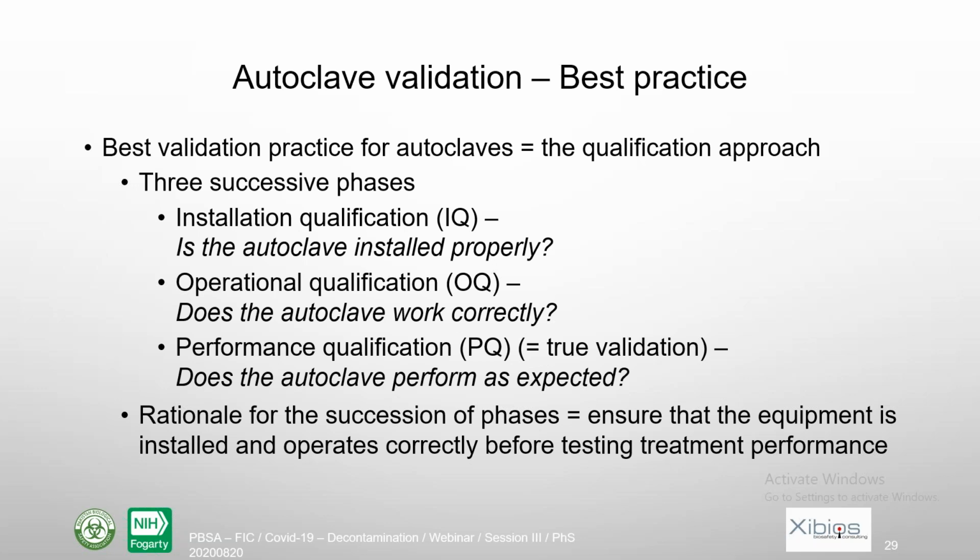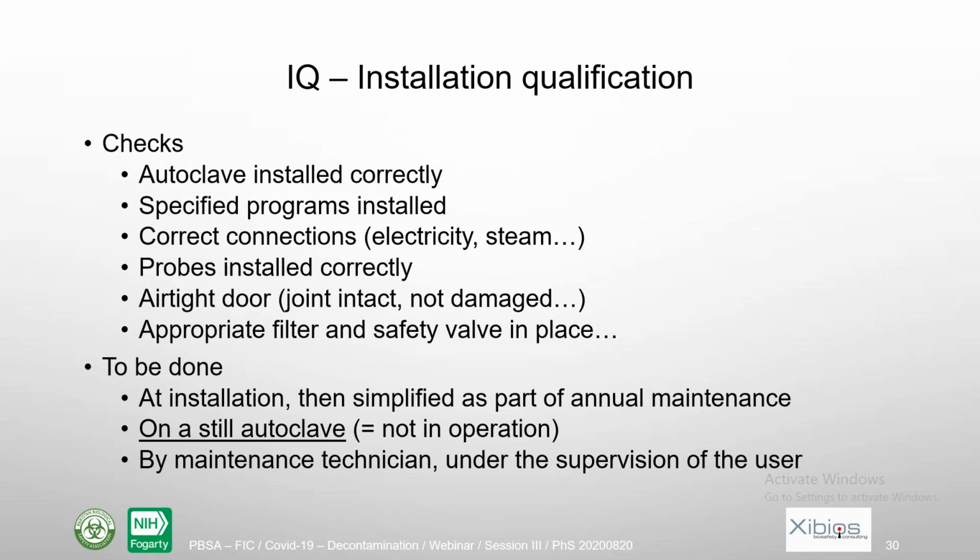अब ऑटोक्लेव को वैलिडेट करने के लिए बहुत सारी अप्रोचेस हो सकती हैं, जिसमें बेस्ट अप्रोच है ऑटोक्लेव की 3 फेज अप्रोच, जिसको क्वालिफिकेशन अप्रोच कहते हैं। इसके 3 स्टेप्स आप कह लें। पहला स्टेप इंस्टॉलेशन क्वालिफिकेशन, दूसरा ऑपरेशनल क्वालिफिकेशन और तीसरा है परफॉर्मेंस क्वालिफिकेशन। और अगर आप एक स्टेप की क्वालिफिकेशन कंप्लीट कर लेते हैं तो फिर आप नेक्स्ट स्टेप की तरफ मूव करते हैं। इंस्टॉलेशन क्वालिफिकेशन में बेसिकली आपने ये चेक करना है कि क्या ऑटोक्लेव ठीक तरीके से इंस्टॉल हुआ है या नहीं, स्टीम और इलेक्ट्रिसिटी यानी बिजली